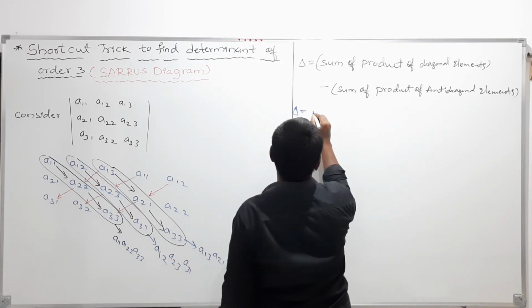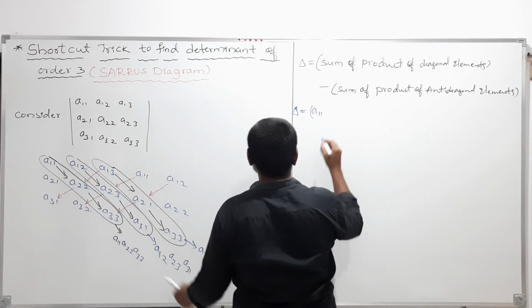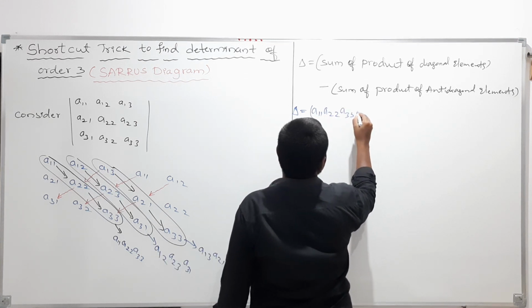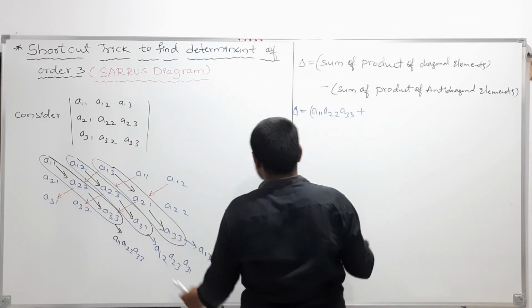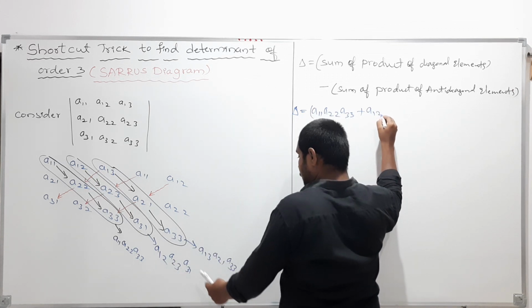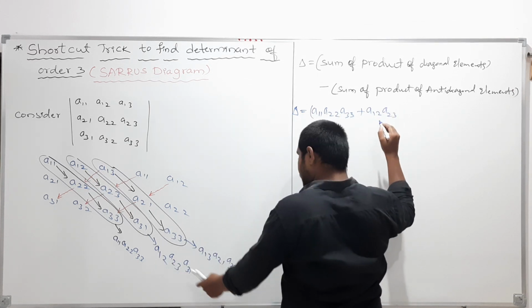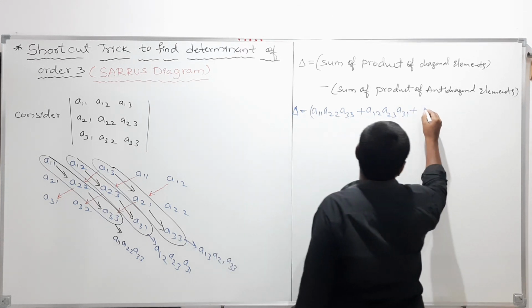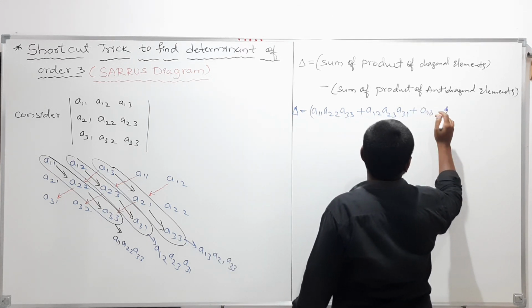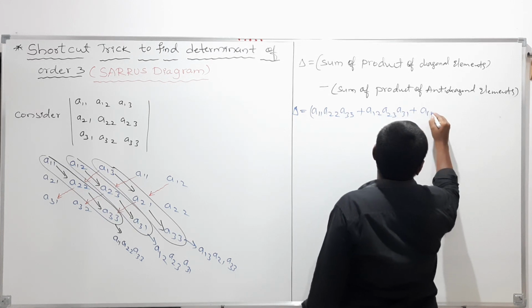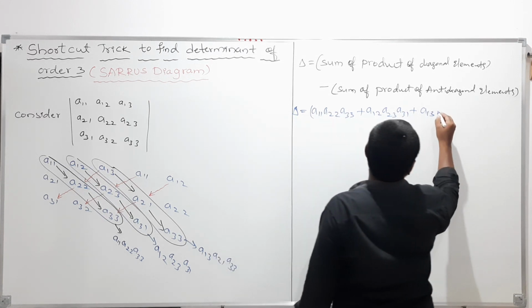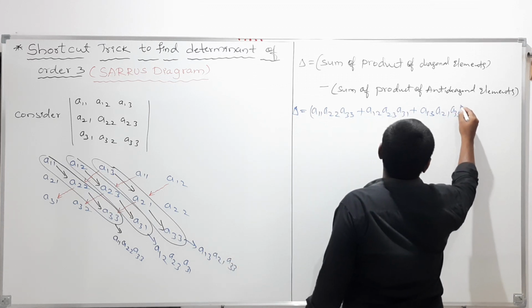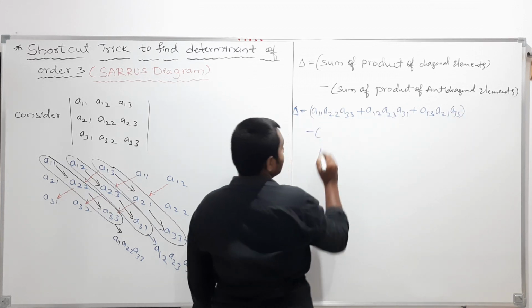So the determinant is equal to a11 a22 a33 plus a12 a23 a31 plus a13 a21 a33, minus